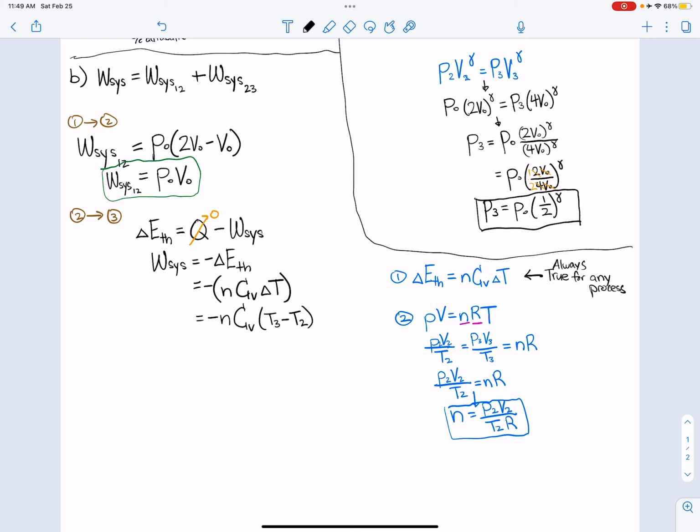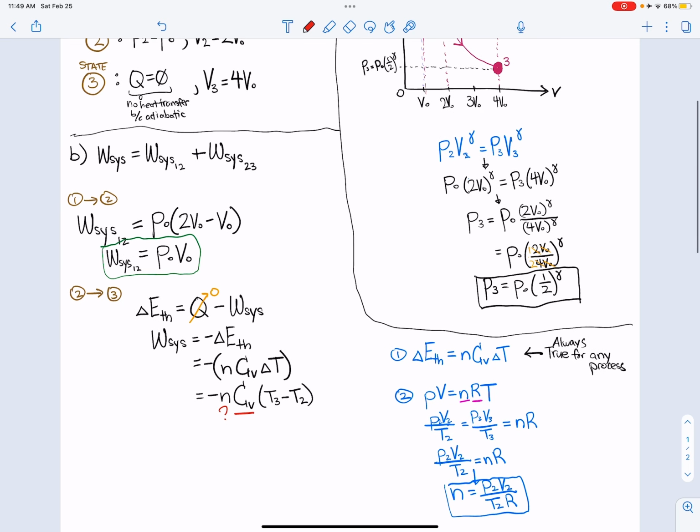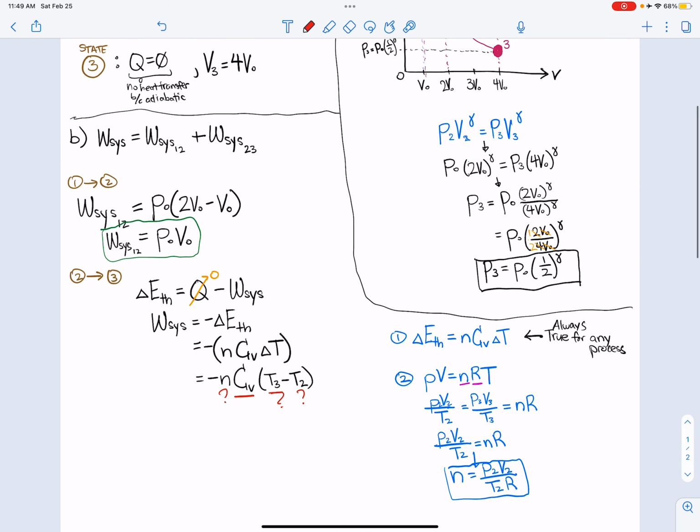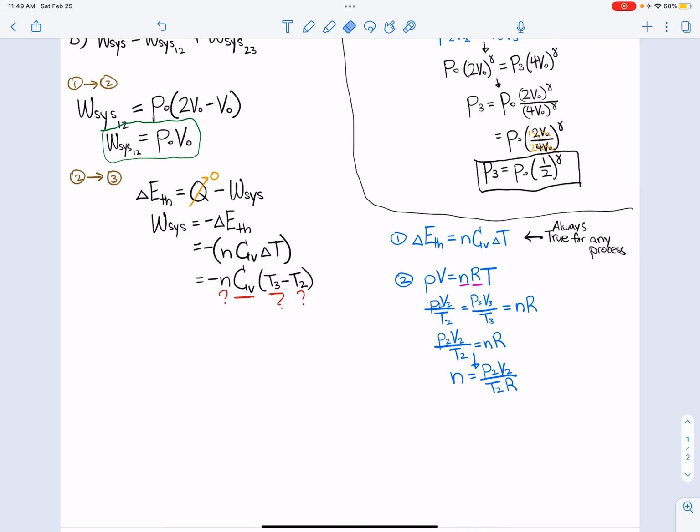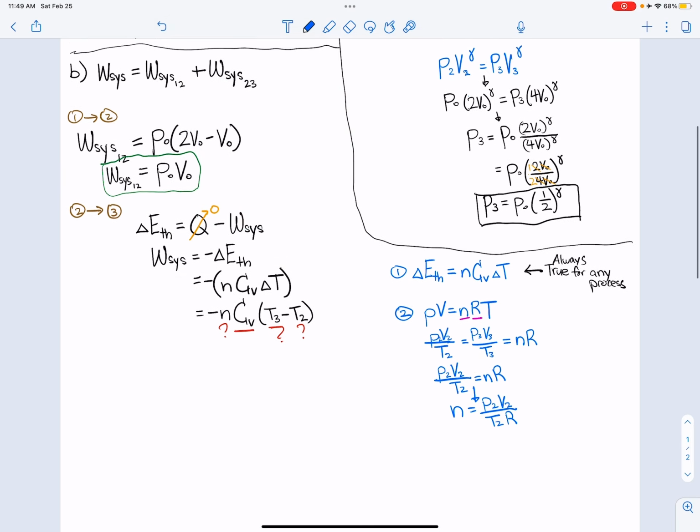So I would have to look for those as well. Okay, so again, we have the value for CV that was just given, right? They called it CV. We're looking for what value of n we could have in terms of P naught, T naught, and V naught, as well as the temperature at state 3 and the temperature at state 2 in terms of those P naught, V naught, and T naught. Which reminds me, actually, this is not in terms of P naught, V naught, and T naught, so I have to keep going. Actually, n is going to be equal to,